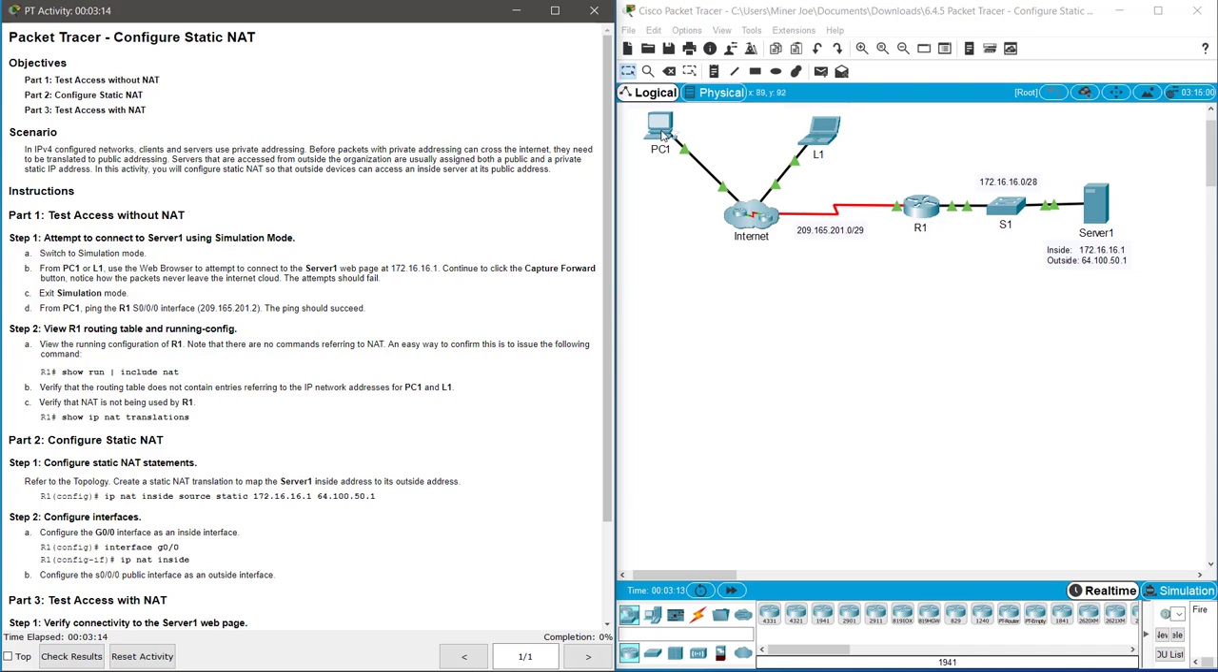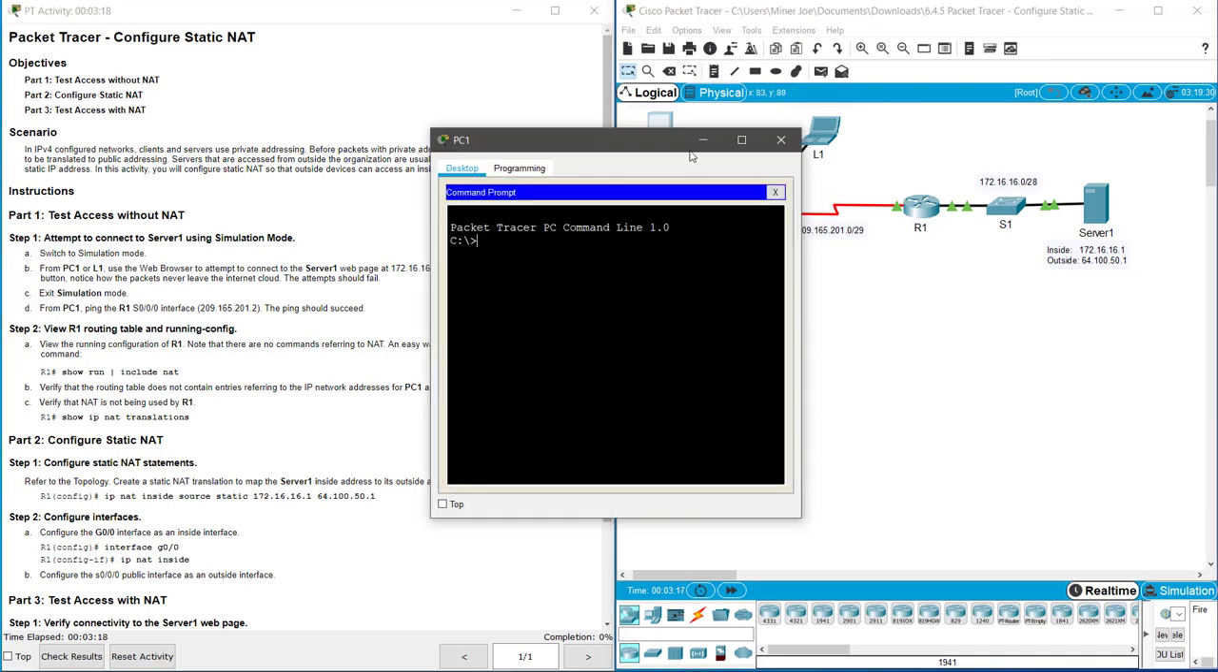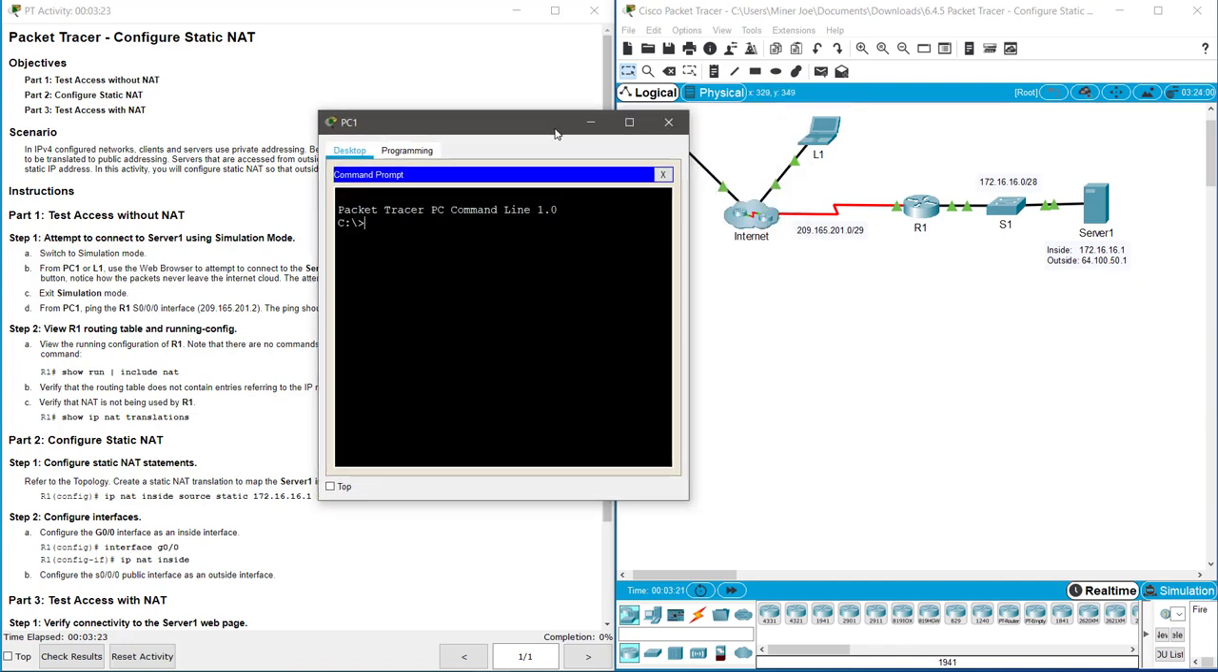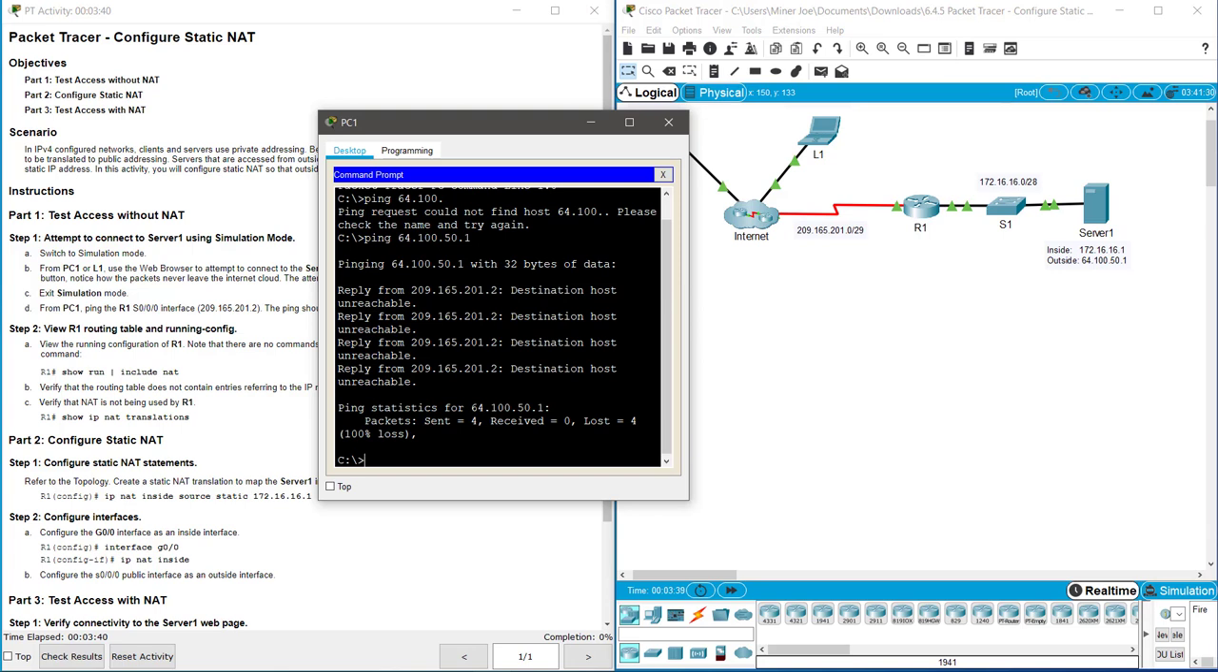But if we just took a look at PC1 to start with and said, all right, let's try to get to the server over here through the internet and see if we can ping 64.100.50.1. It's failing, right? So something's not right. We can't get to it. If we tried to ping 172.16.16.1,